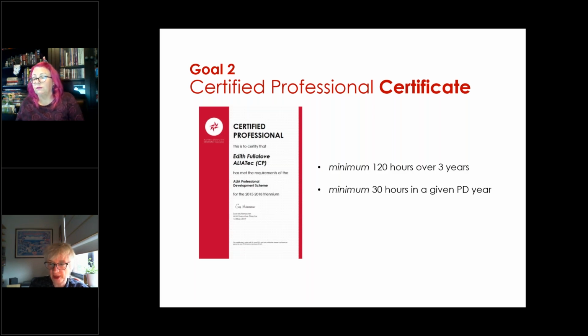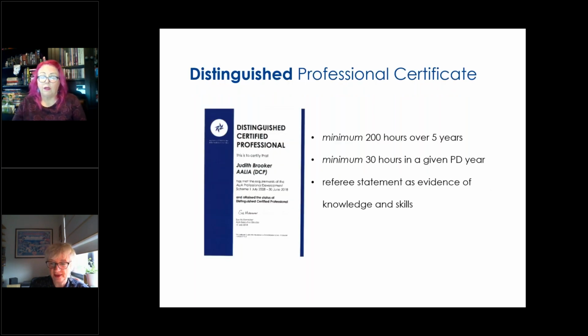In that time frame, we ask you to log and reflect on a minimum of 120 hours, with no less than a minimum of 30 hours in a given year. We call the 3-year periods trienniums, and there is no limit to the number of trienniums you can complete. After 5 years in the scheme, and 200 hours minimum PD, you can apply for Distinguished Certified Professional status, which also includes a certificate and listing